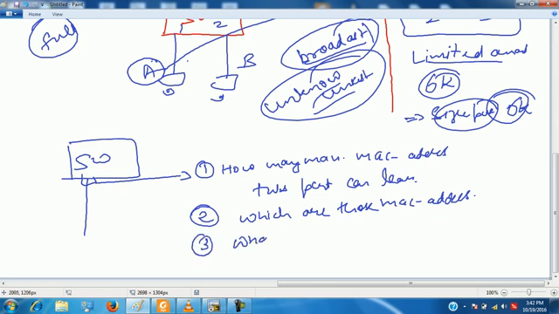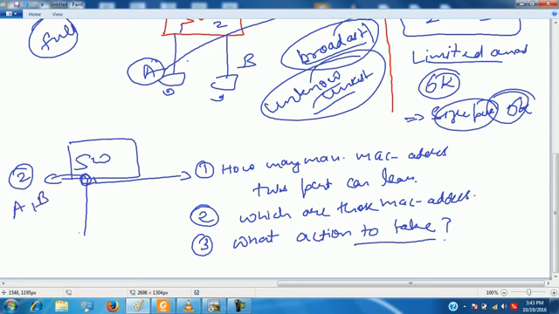Third, what action to take. Let's say on this port 2 MAC addresses are allowed, A and B. Let's say some user C is connected here and trying to send traffic. The third thing we define is what action the switch will take when an unallowed MAC address hits the port. Clear to all of you?